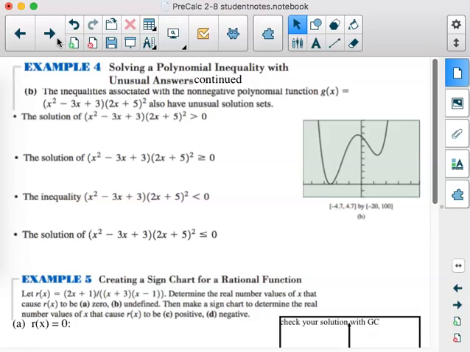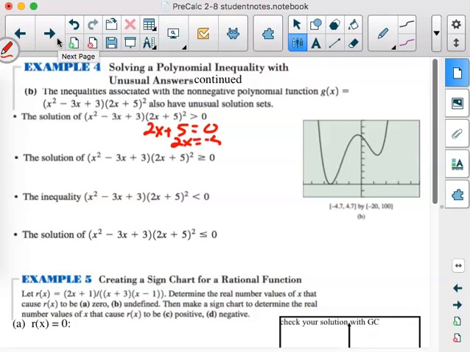So two numbers that multiply to 3 and add to negative 3. Well, they're not integers, so maybe that's not the one. Let me try this one. 2x minus, oh, yep, we can do that one. 2x plus 5 equals 0. Subtract the 5. Divide by 2. So this little spot right here